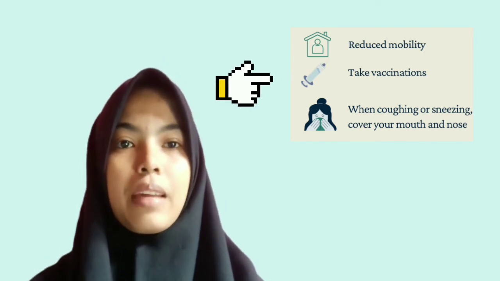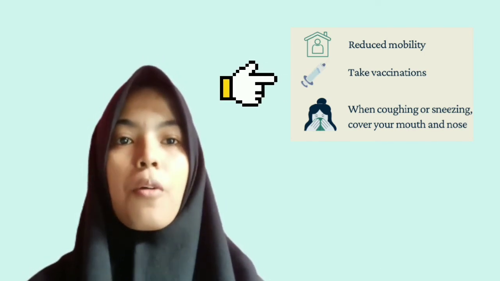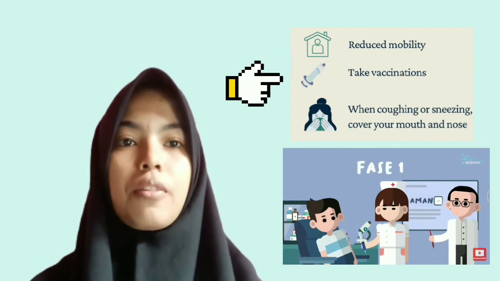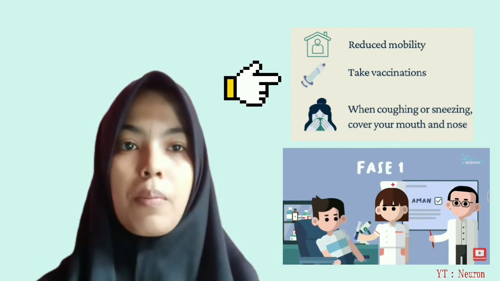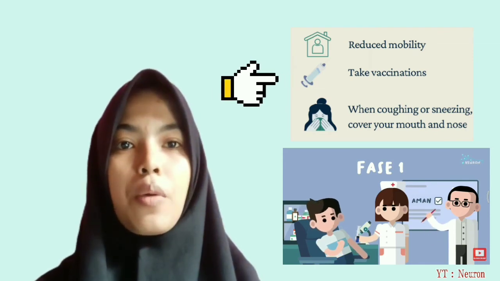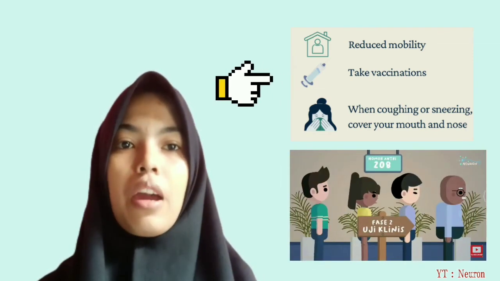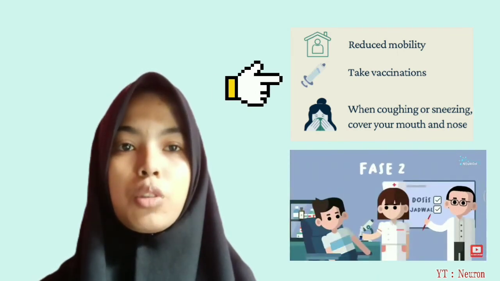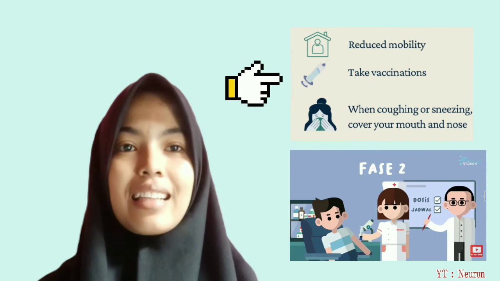The sixth step is to get vaccinated. A vaccine makes us immune to a disease. When the vaccine is inserted into our body, the body will recognize the component of the virus and respond to it by forming antibodies, the immune troops. So, let's get the vaccine.